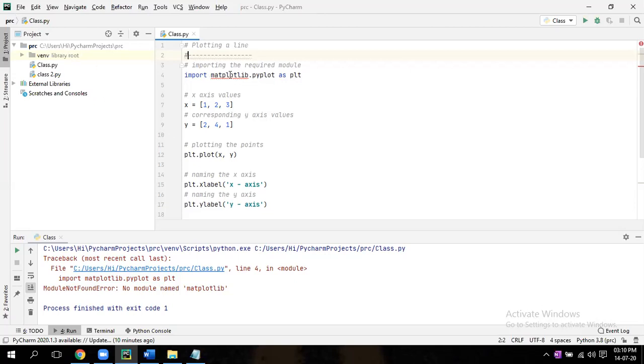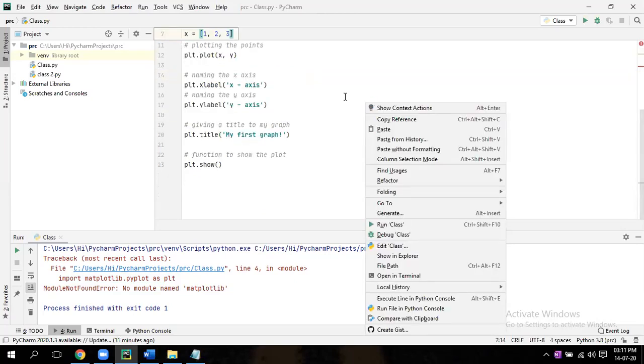Just right click anywhere. Now there is an Open in Terminal option, right? Down. Correct. Click on that.